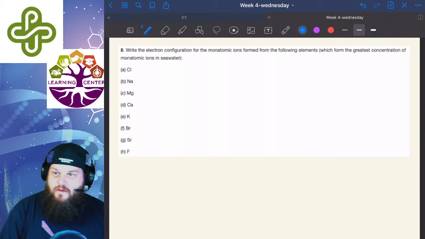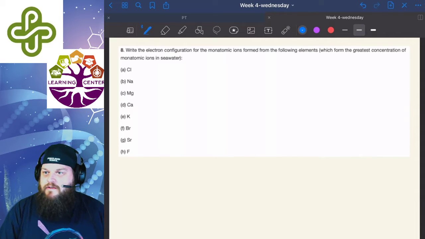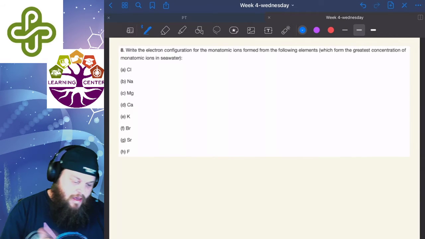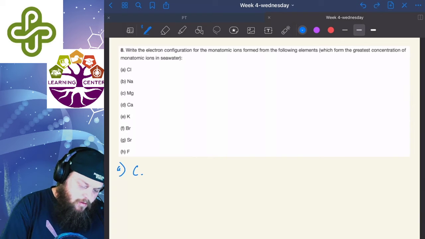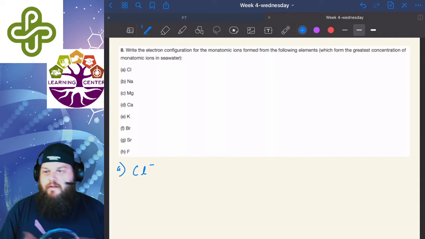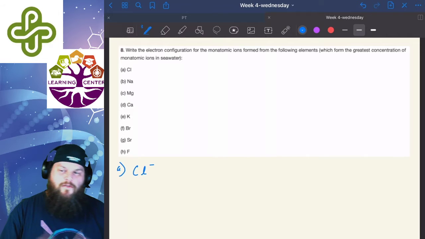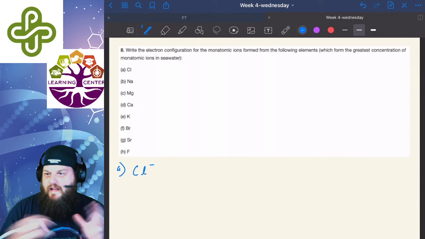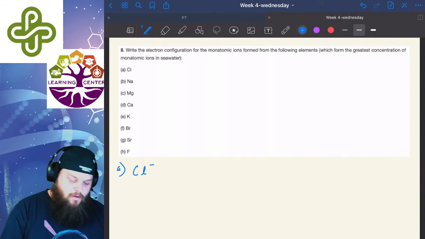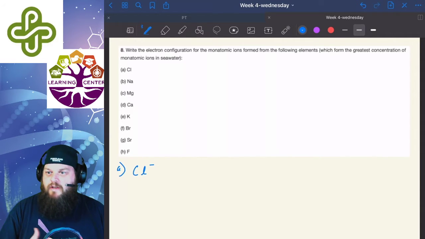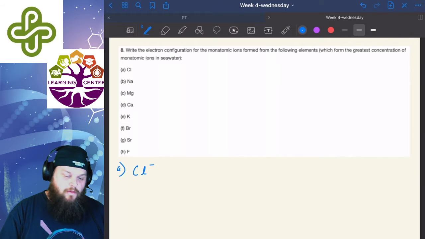On this first question here, we're going to write the electron configuration for monoatomic ions formed with all of these following elements. And this first one, we're looking at chlorine. When we look at the ion that's formed from chlorine, it's going to be just a -1 charge, right? So for the electron configuration, we want to find its standard configuration. In this case, we're going to add one extra electron to it. So if we use the core notation, which speeds things up a little bit,